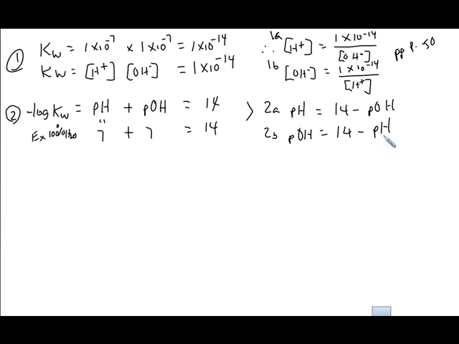Everybody with me? You see what we're saying here: when we talk about the Kw, knowing that the hydrogen ion concentration multiplied by the hydroxide ion concentration equals 1 times 10 to the negative 14, we're really saying the same thing as when we say the pH plus the pOH equals 14, because now we know the pH is the negative log of the hydrogen ion concentration. That's a mouthful, but it's not very difficult to grasp, and with your calculators it's just a couple finger pokes from converting between one and the other.